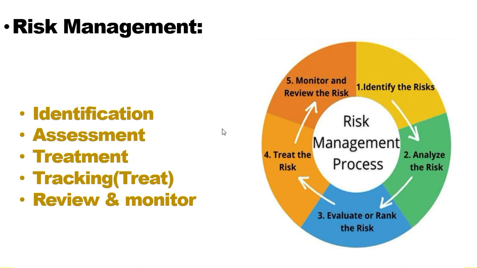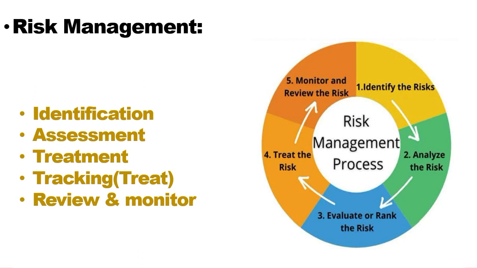Let's say what happens if someone attacks it, how much loss we are going to get. This is what I just spoke about: the consequences, the impact of the attack, losing that data, and how to handle it. This complete process goes in a cycle. It is an ongoing process everyone needs to follow to mitigate risk, or risk management, we can say. Even if we cannot completely mitigate or fix it, we can reduce the chances, we can reduce the likelihood of that risk happening. That's all about risk management.